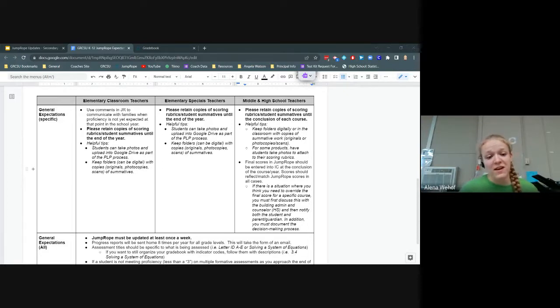But then also on the other hand, if there is a question about students' grades, and it applies a little bit more at the high school level, questions sometimes come up about students' grades, especially if it's coming down to them passing or not passing a course. It's good practice to keep copies of summative assessments on hand. That way you can reference them if a course grade comes into question. So that's the purpose behind it. I'd be happy to talk about it more at another time if you would like.